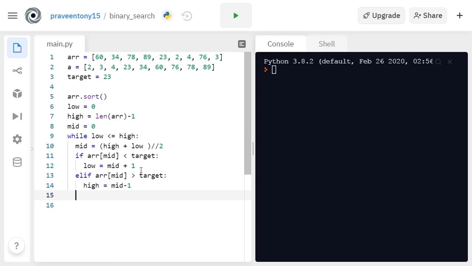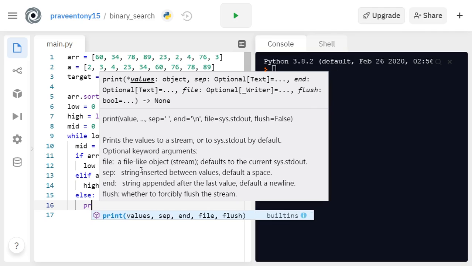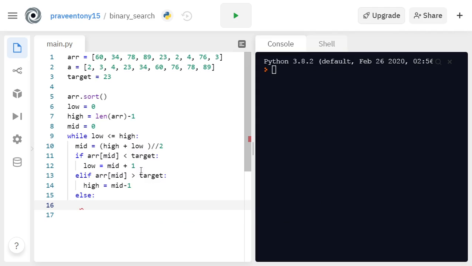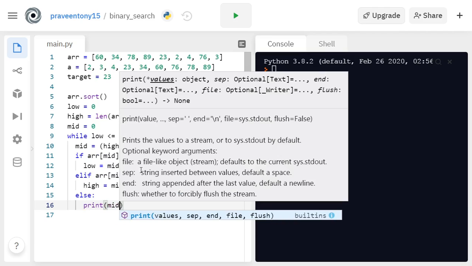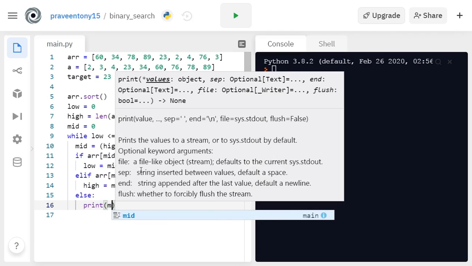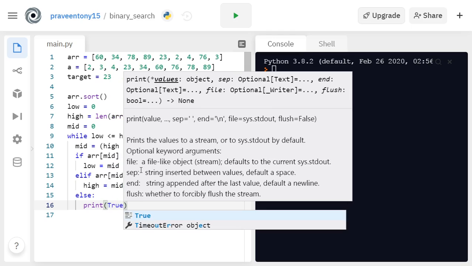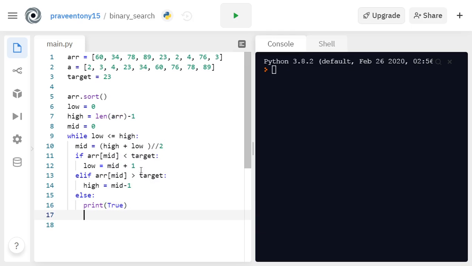Else, it will be equal, right? So we have to print true that it's found, and break the loop.